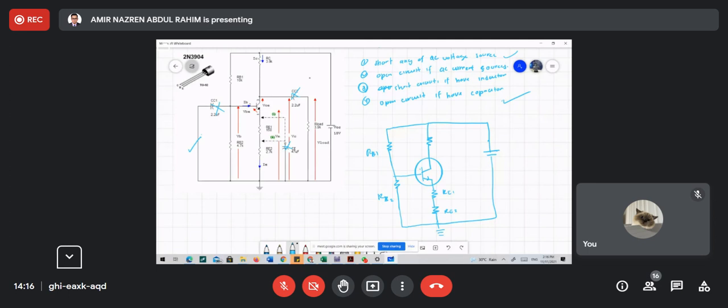So it is a common emitter circuit. We have base, collector, and emitter here. Our source is 15 volts for the VCC. So to make an easy or common configuration,